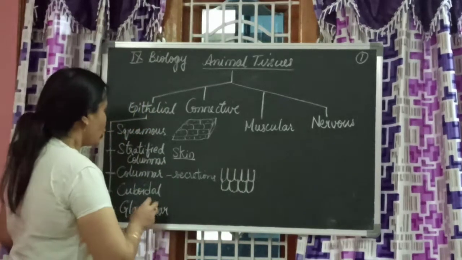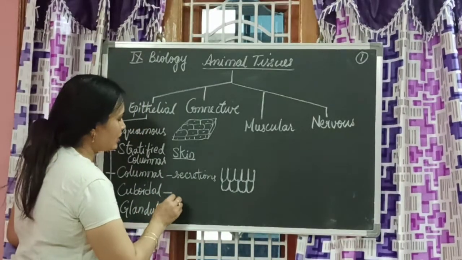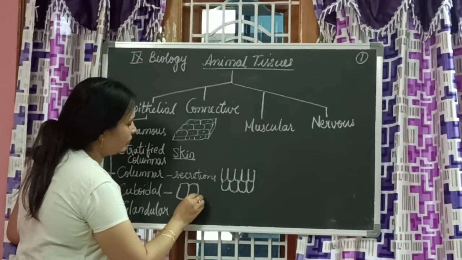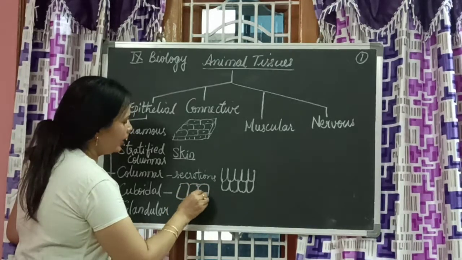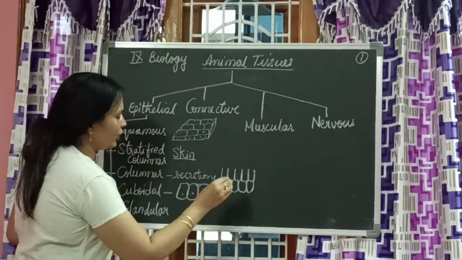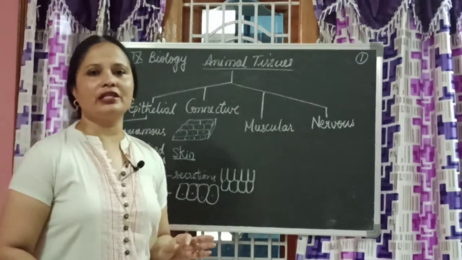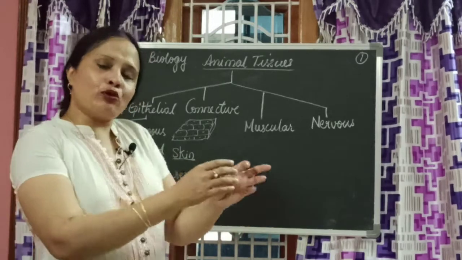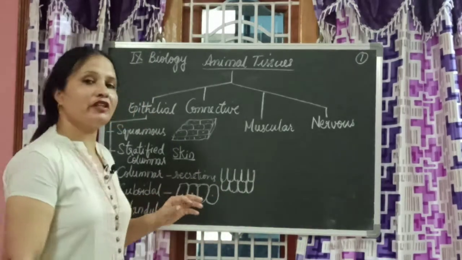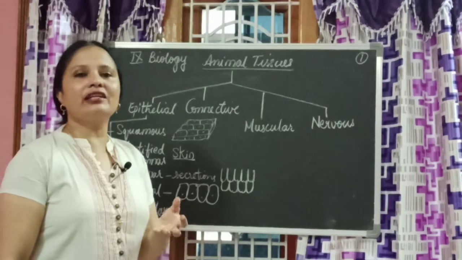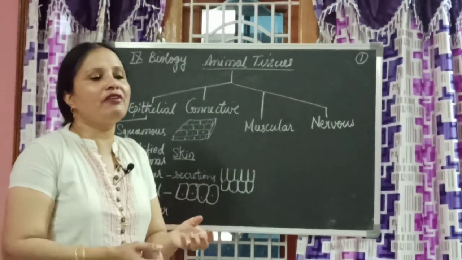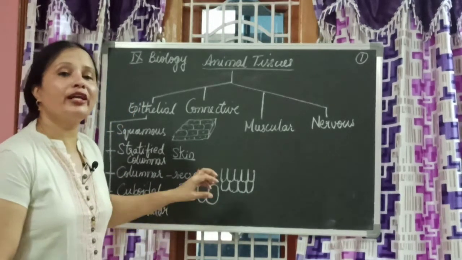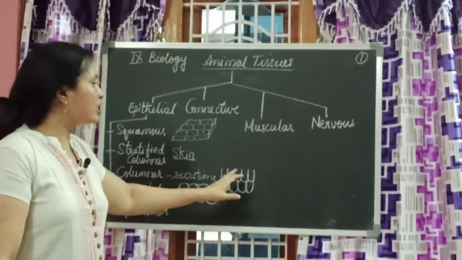And then cuboidal, the name itself says that it looks like a cuboid. Its function is also protection, but where are they present? They are actually for support. Its function is for support more than protection. It gives a kind of support to the organs. Maybe it will lift the organ and hold it tight. So cuboidal epithelial, the shape is cuboid. This is columnar.